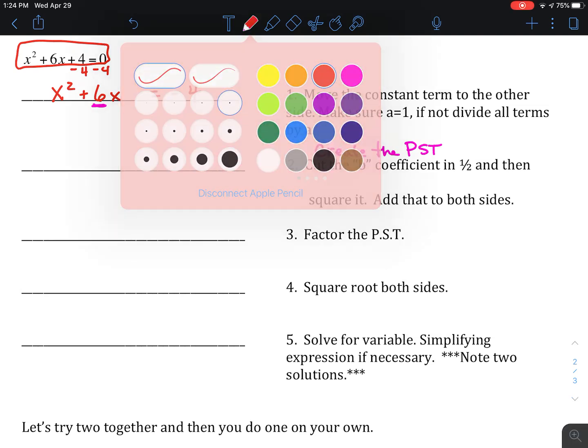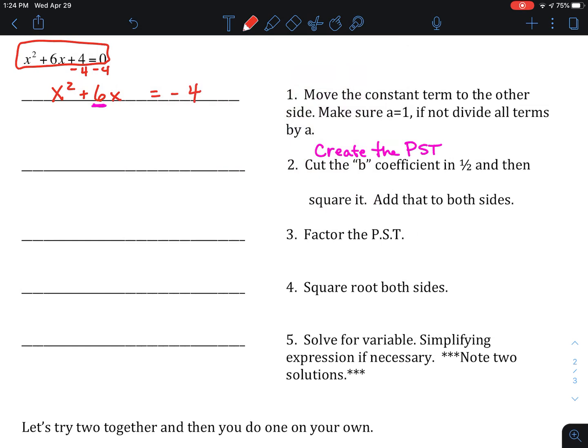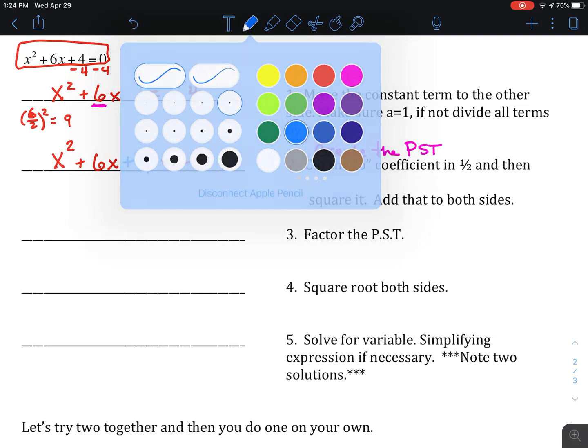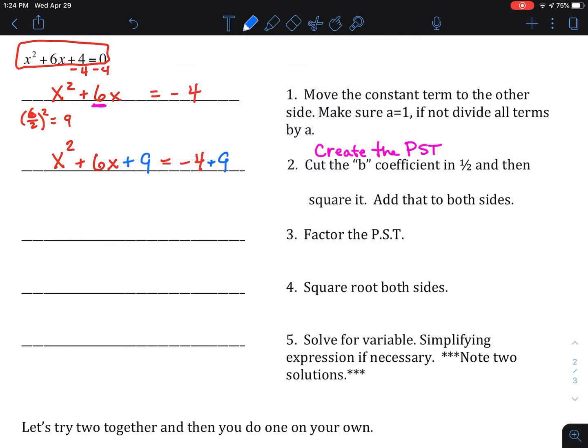So for this problem, we're going to cut 6 in half, right? So we're going to do 6 divided by 2, and then we're going to square it. And the result should give us 9. We are going to add that 9 to both sides of the equation in order to keep that balance. So we get x squared plus 6x. Then I'm going to jump in here. I'm going to add 9 there, okay? And then I have negative 4, and I'm going to add 9 to this side as well. All right, so what I've done